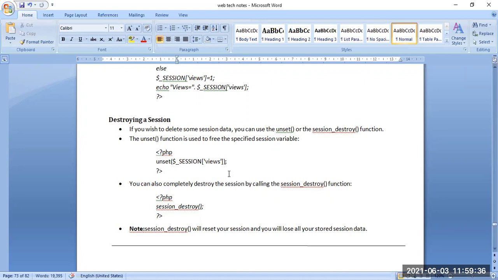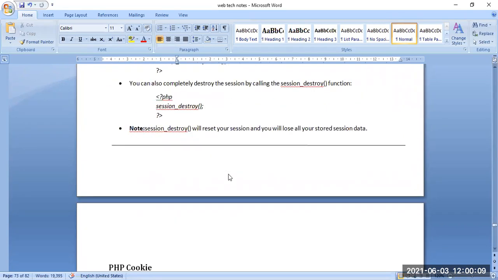This unset function is used to free the specified session variable, such as PHP unset session of views. This is how the unset is done. Calling the session destroy function will completely destroy the session, reset it, and lose all the stored session data.